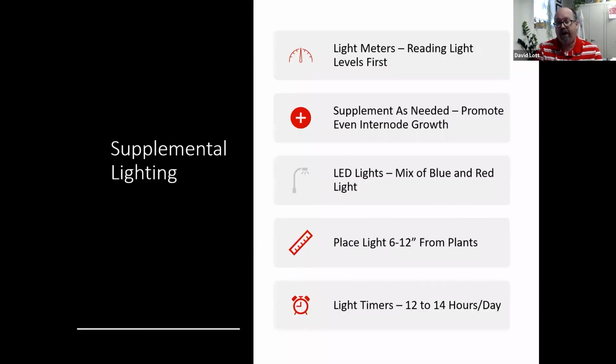So supplemental lighting. It would be good to get a light meter and check to see how many lumens you have in your area, what is naturally in that area. So if you have your heart set on a plant in a specific spot in the house or a specific spot in the room, check the lumens. Those little light meters are not expensive. Those are a nice little option that helps you do the homework ahead before you buy the plant. But usually it's the opposite way around. We usually buy the plant and try to make it grow somewhere. So the light meters are nice. We can supplement as we need.